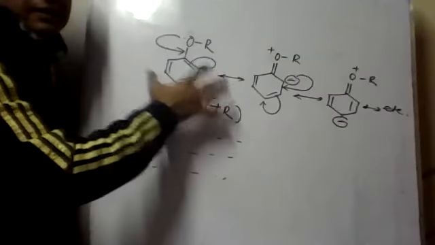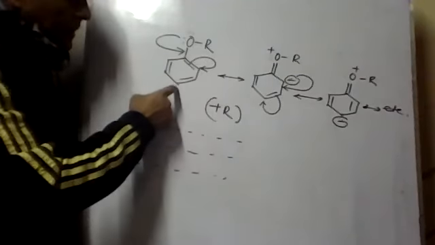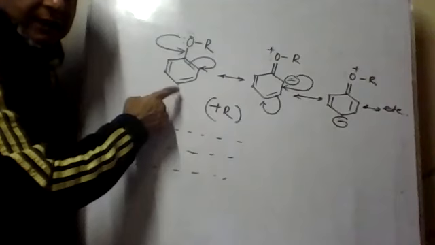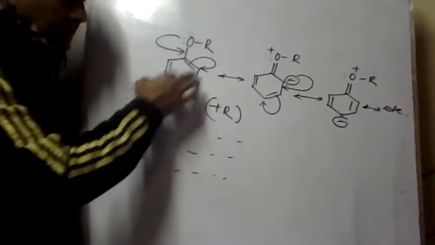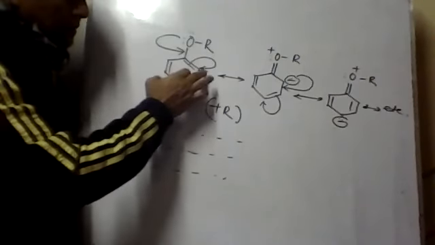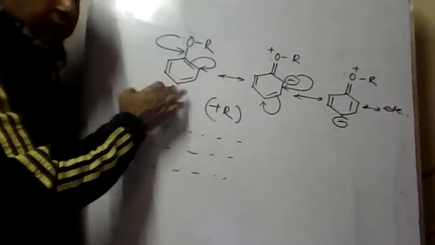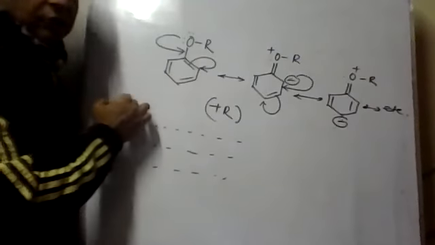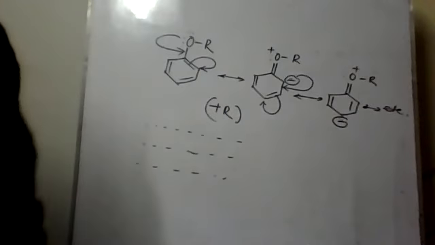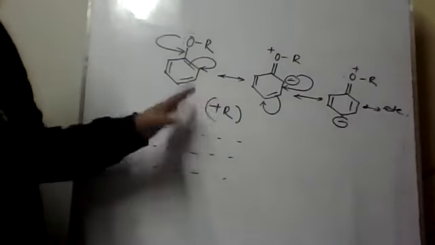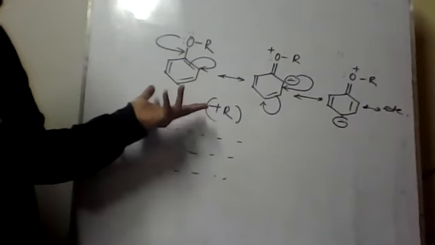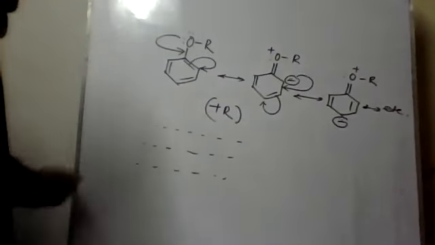And in the resonance form, it is seen that negative charge is situated at ortho and para position, or electron density is very high at ortho and para position. So electrophile can attack at ortho and para position. These two sentences you will write, and after that you show the resonance. Clear? It is not a diagram. It is the resonance forms, the resonating structures. This is the important thing.